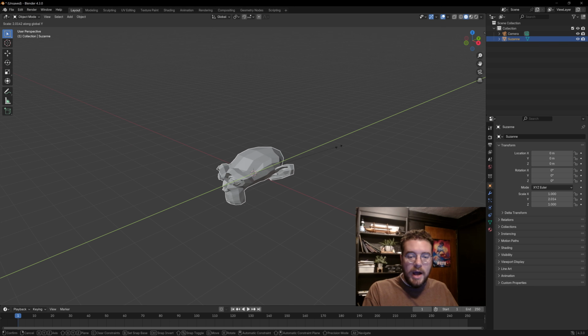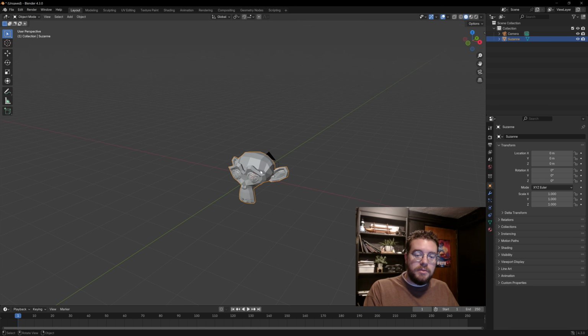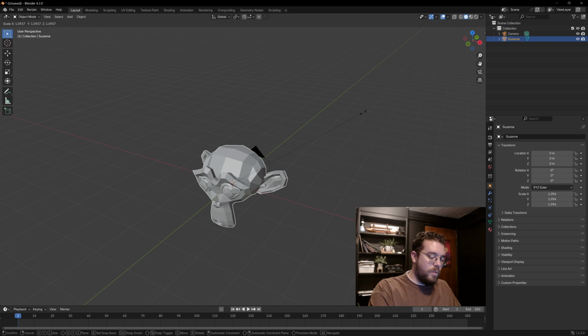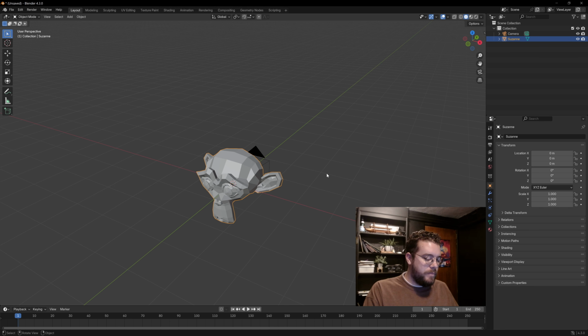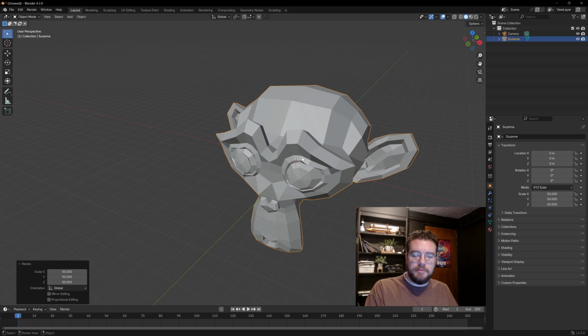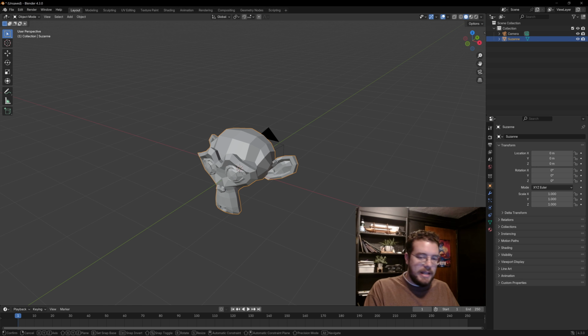You could scale on Y. You could scale by a factor of 4. You could even do decimals. So we could hit S for scale, and we could do 0.5. Now it's half as big, or half the scale that it was before. We could do S and 50, and now it's 50 times bigger than it was before. So these shortcuts, again, it's G,